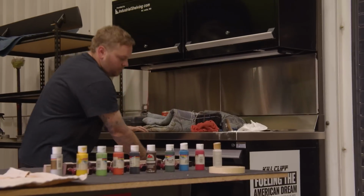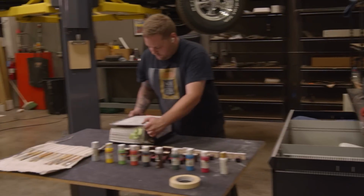Now that we've reached the final stages of the assembly process of the 1970 Cuda, now I can put the information labels on and do all the assembly line markings on the bottom of the car. So the assembly line markings, basically what happened was as that car went down the assembly line and somebody would perform an operation on it,